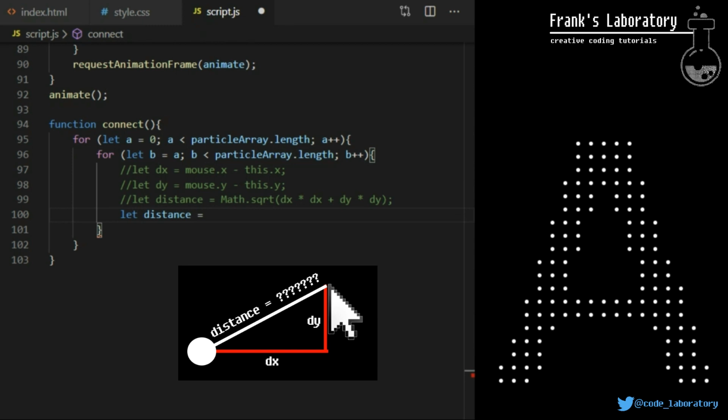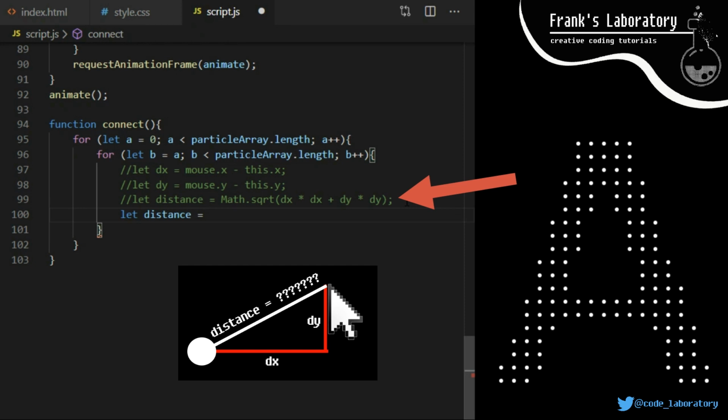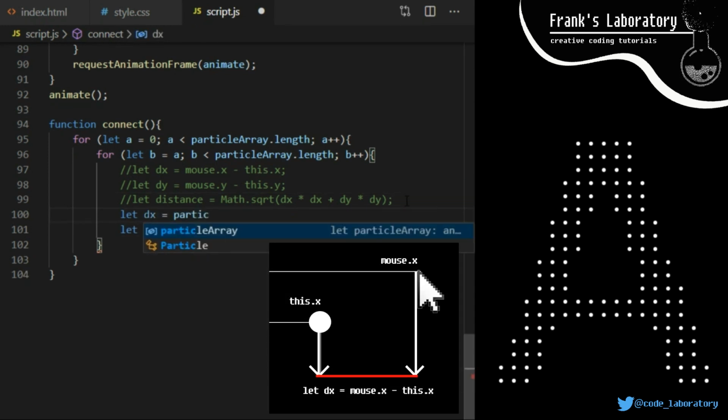To calculate it, we can use Pythagoras theorem formula, which we learned in school a long time ago. Math square root from dx squared plus dy squared, or in other words, math square root from dx times dx plus dy times dy. So to calculate the dx, distance of two particles on the x-axis, I say particle array A x minus particle array B x.